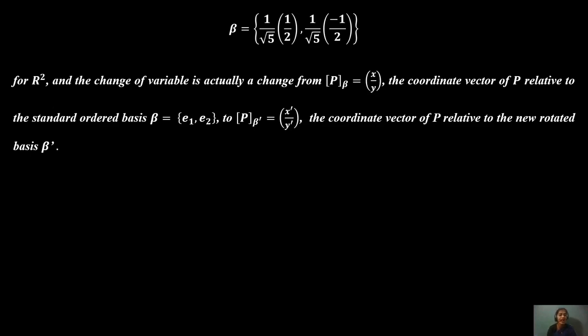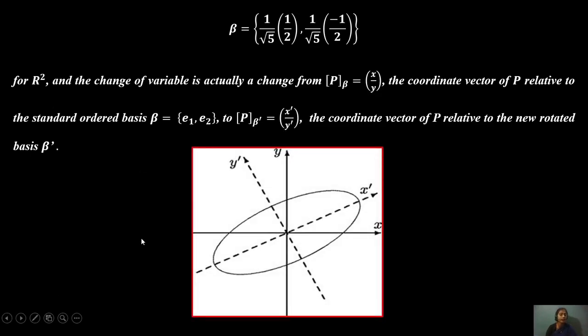Beta is considered as a basis e1, e2 to e_p, and b' = {x', y'} will be generated as a basis. The coordinate axes are related to the new rotated form of the basis b. Suppose, according to the diagram, that there are the x-axis and y-axis. If we rotate in an elliptical form, x changes to x' and y changes to y'. This form will be generated in an elliptical form.